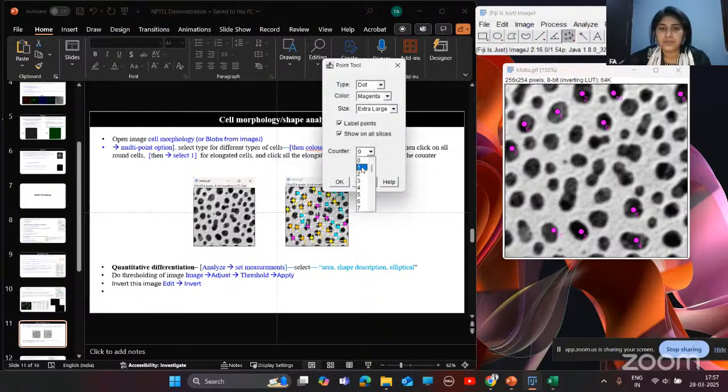Next, we'll go for all those objects which are smaller in size. Okay, so smaller cells are 18 in number. Next, I'll go to the third type of cells with this number two, and we'll count those cells which have divided.